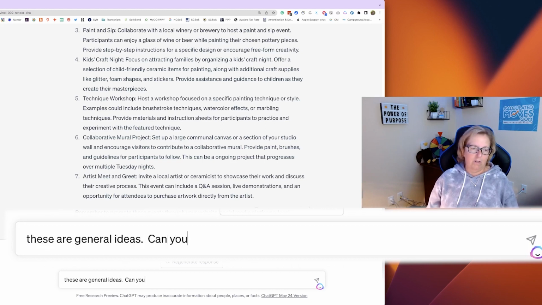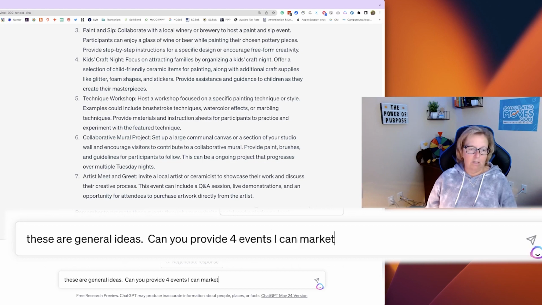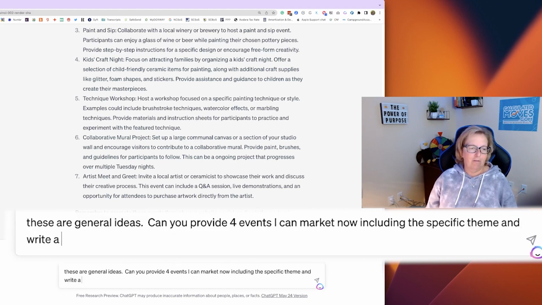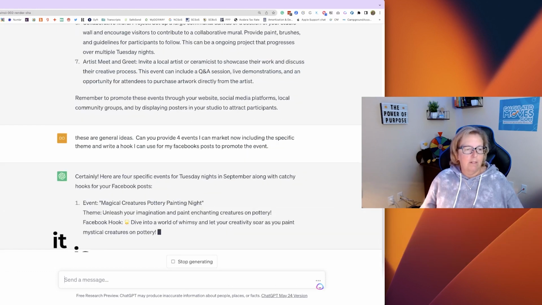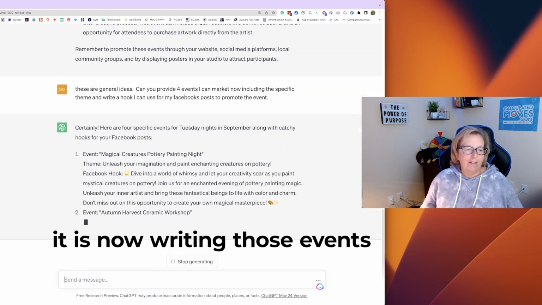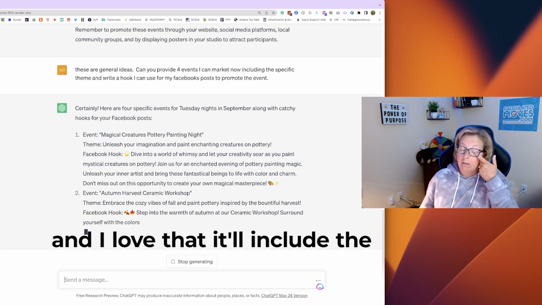Can you provide 4 events I can market now, including the specific theme, and write a hook I can use for my Facebook posts to promote the event.